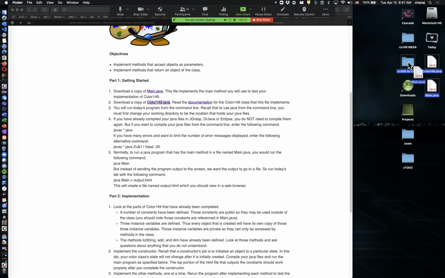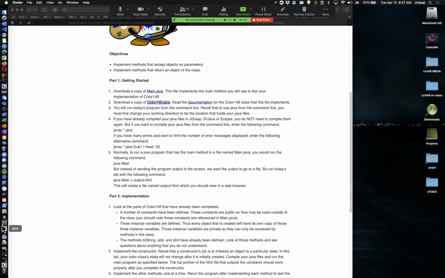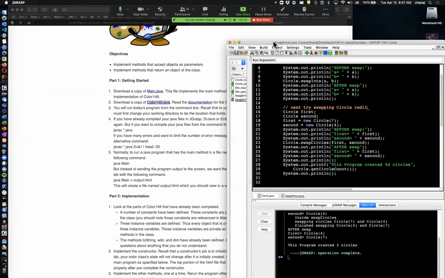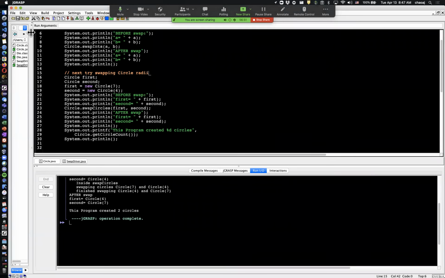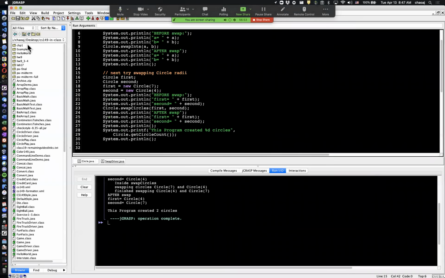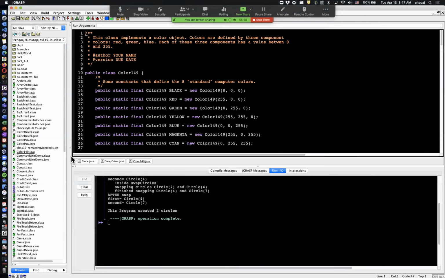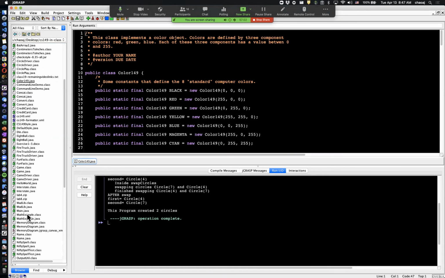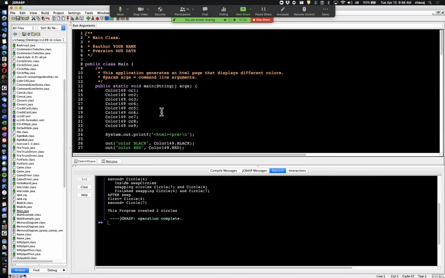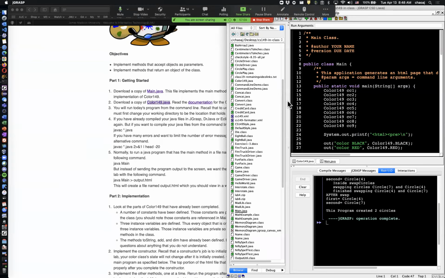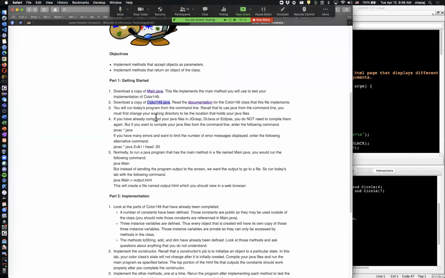CS149 in class here. Then I'm going to open up jGRASP and go into here and grab my Color149. I'll close these two for the circle pieces, and I'm going to grab this Main.java. All right. So what do I want to do with this? I want to take this, and inside of this class, I'm going to be looking to do a few different